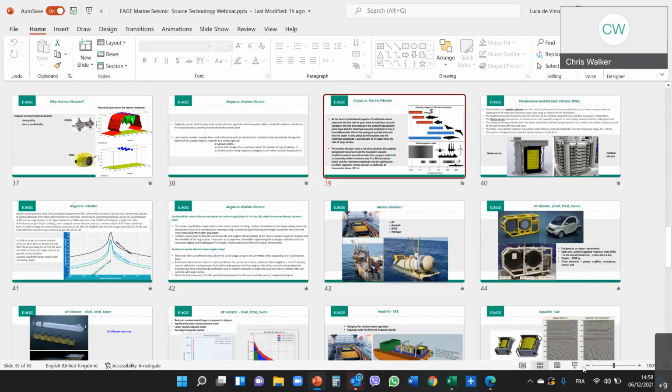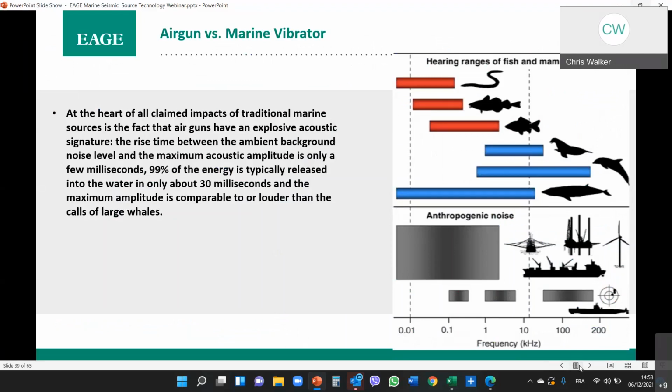Another comment, if you don't mind, it's also a fact that the marine vibrator is by far, right or wrong, we can discuss for hours, considered far more environmentally suitable in certain areas, as was said before. So I think the future, take it or leave it, is the marine vibrator. Absolutely, Luca. Absolutely. It's been one of the principal drivers.